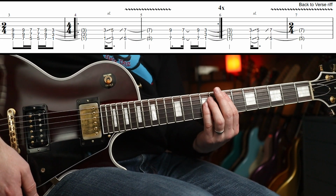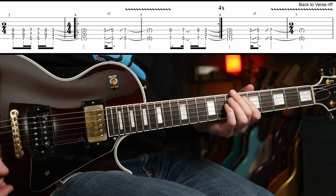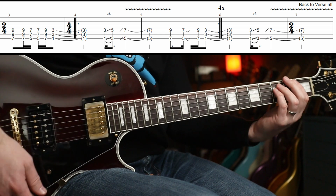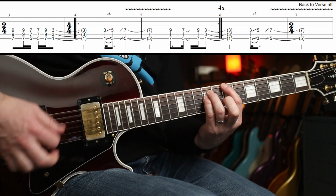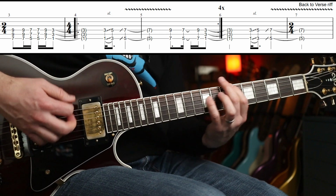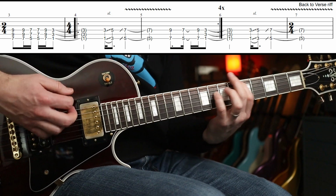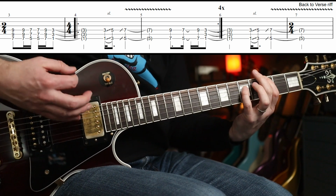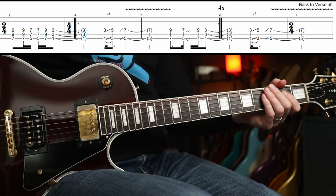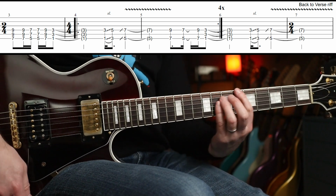Then we have a bar of 2/4 going into the chorus, which is... that gives you time to put on your Univibe, right? So you have... that's the same as the beginning of the first bar, right? That basically plays around 4 times, okay? I'm going to take the Univibe off for a sec. So we have...